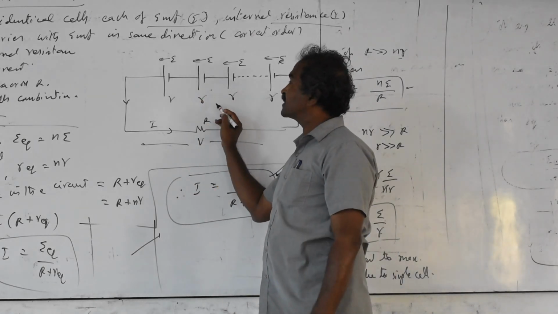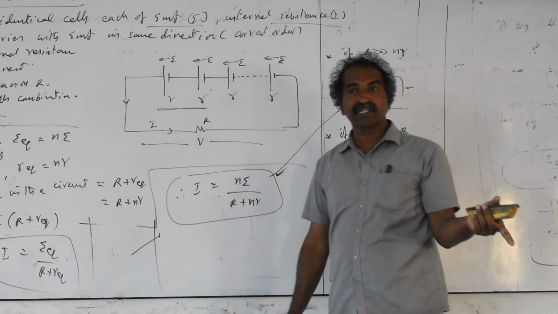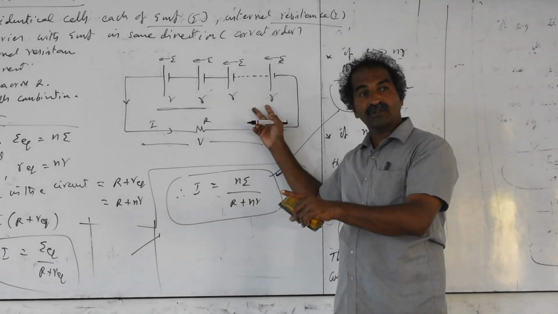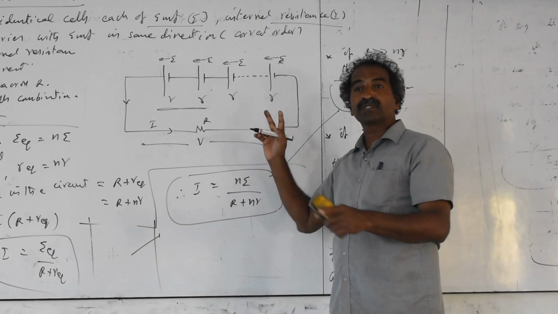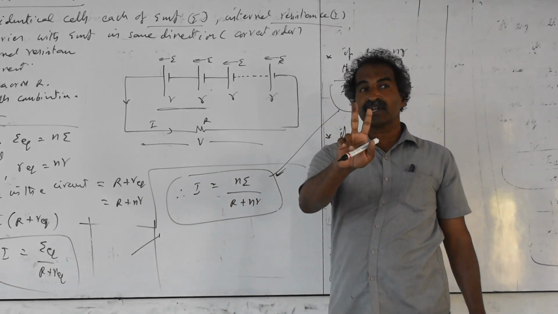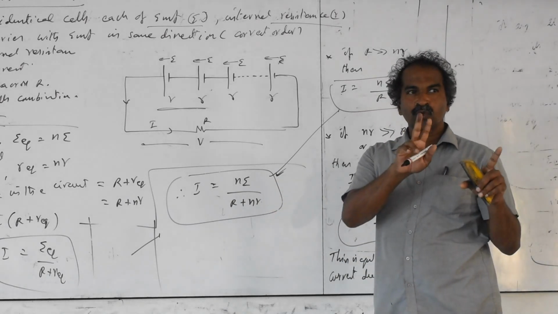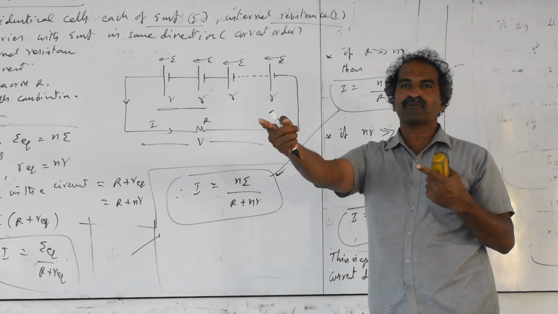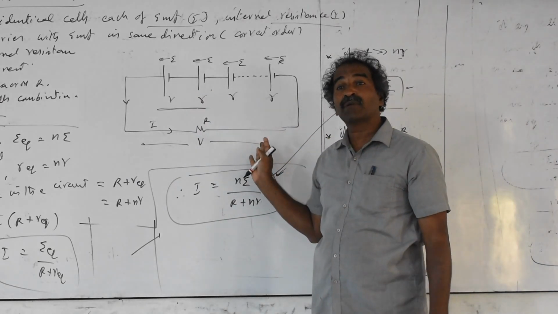If I take 3 cells, and 2 cells are reversed, all are identical cells. If 2 cells are reversed, it damages the 2 of the other ones also. It cancels it. This is a plus 2 and minus 2, again you have to get. That means, if n cells are reversed, 2n cells' EMF is cancelled. If one cell is reversed, 2 cells' EMF is cancelled. That cell's EMF is wasted and minus the other cell also EMF wasted. So if 2 cells are reversed, 4 cells' EMF is cancelled.